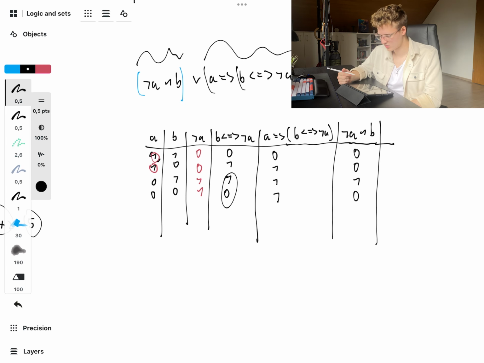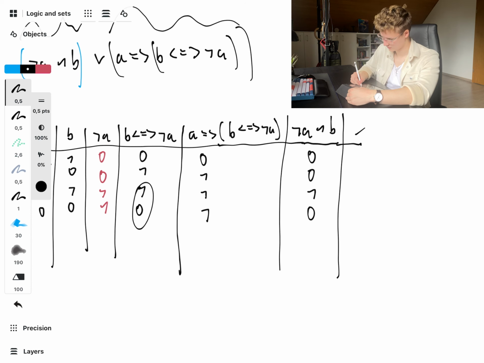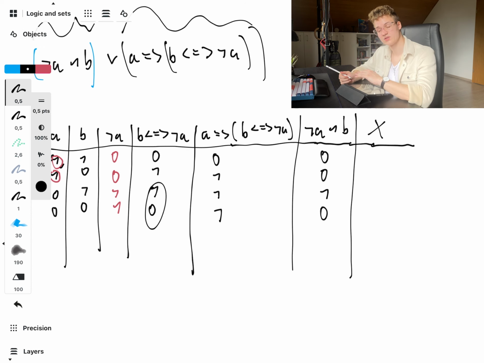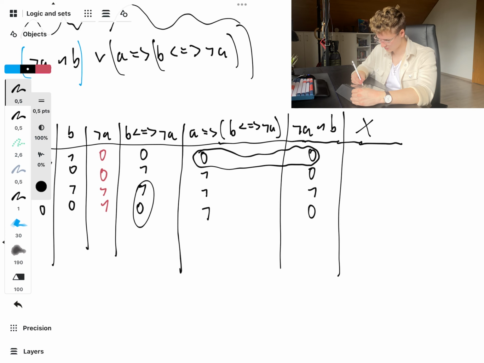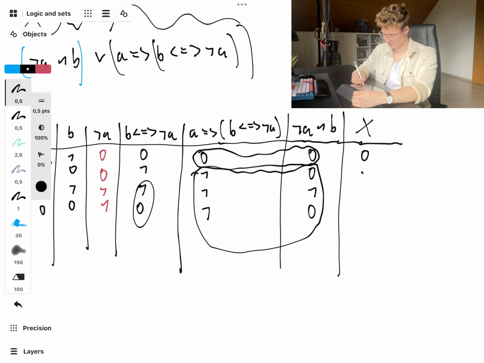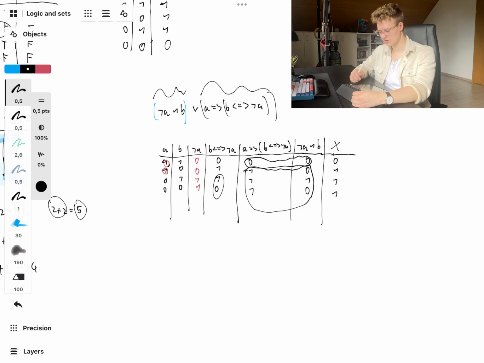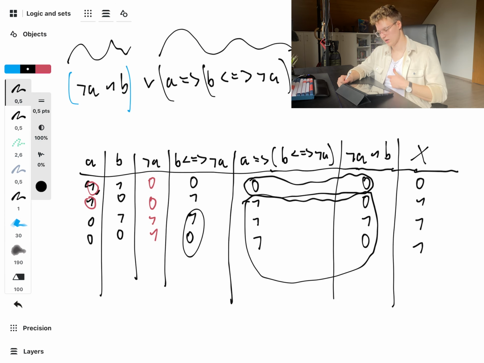So we look at the last two columns and see where both of them are true, or where at least one of them is true. So right here, you can just write X. Some teachers allow this, that you write X and that represents the whole thing, some don't. We're just going to use it here because it's quicker. So not A and B, here both of them are 0, so it's going to be false. And here, the first column has ones, so it's always going to be true. So we get that our statement is false if A and B are both true, and